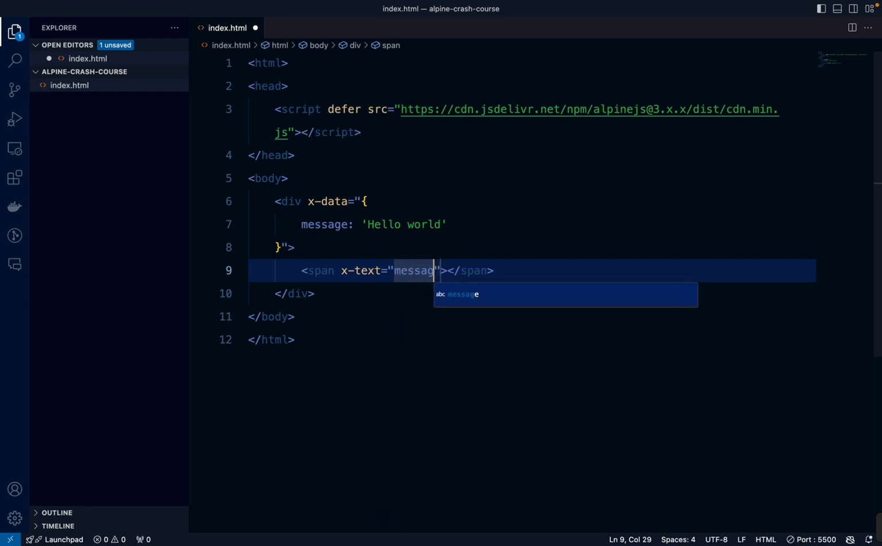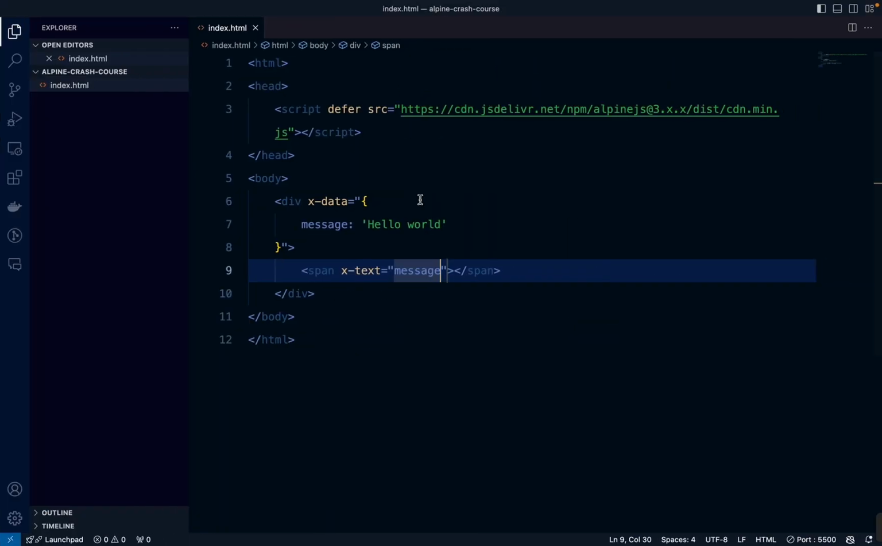So I'm going to say message. And if we go back, we should see the message here. And so this covers the two directives, x-data and x-text. Now we also have